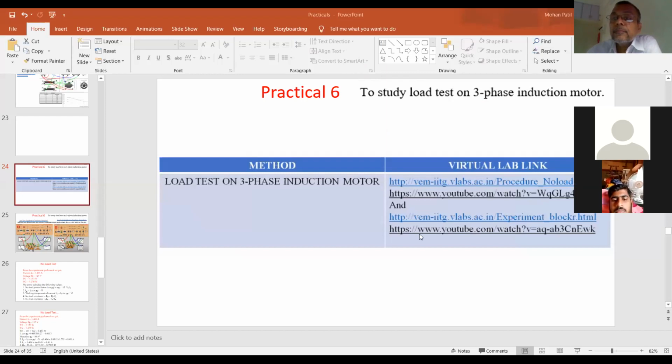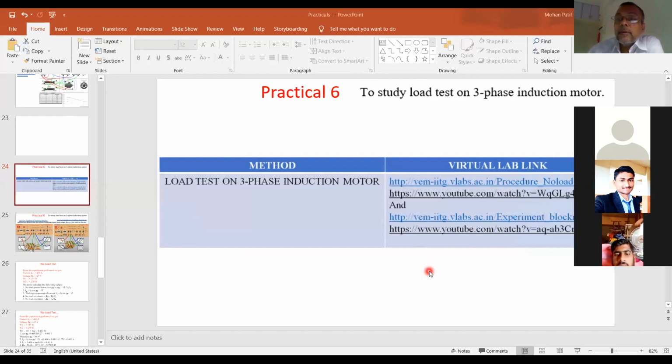Okay, fine. So today we'll perform practical number 6 to study the load test on a three-phase induction motor. Your fifth unit of the syllabus is the three-phase induction motor and single-phase induction motor.